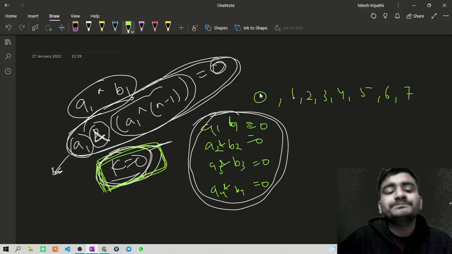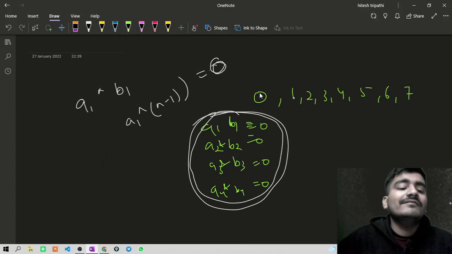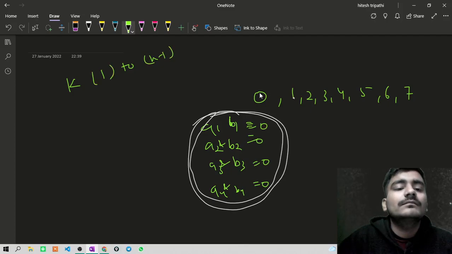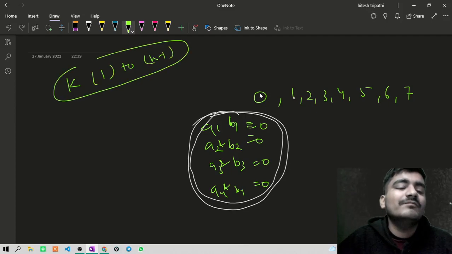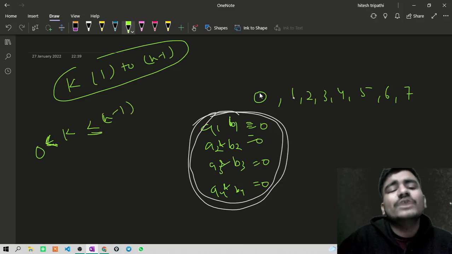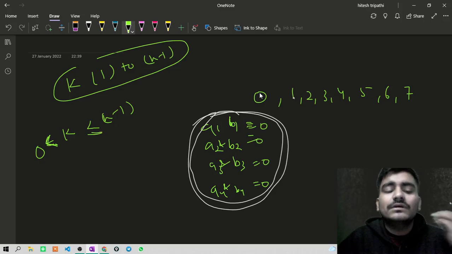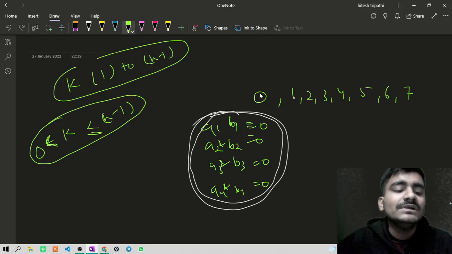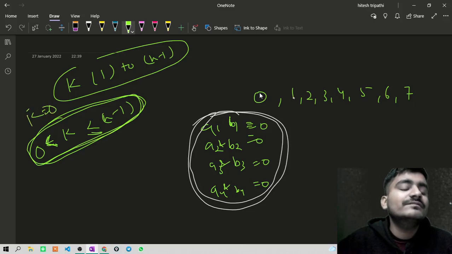Okay, now I have more values of k, that is k will be from 1 to n minus 1. So now let's discuss some value when k is greater than 0 and less than or equal to n minus 1 for now. Because we don't yet know how we have to divide separate cases, let's discuss how we are going to do this when k is greater than 0. We have already discussed for k equal to 0 how we can build the solution.